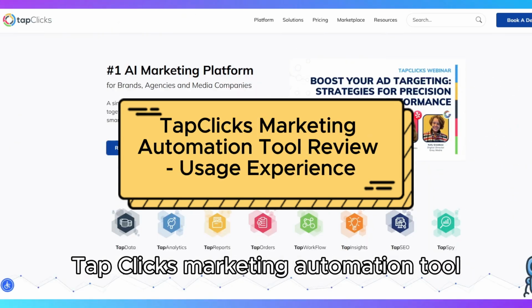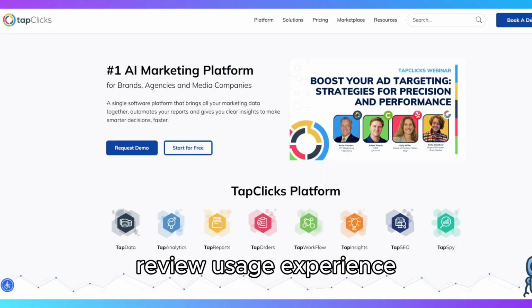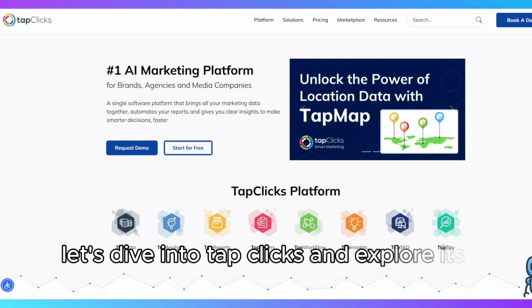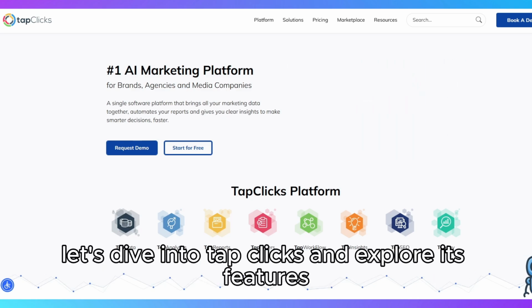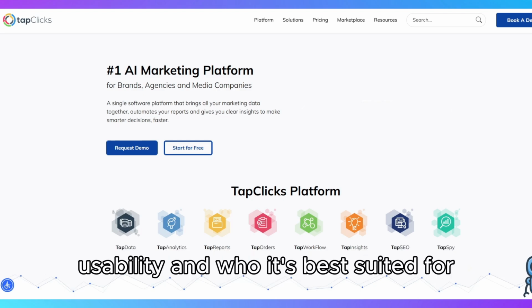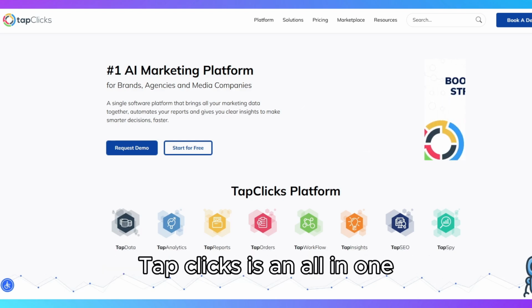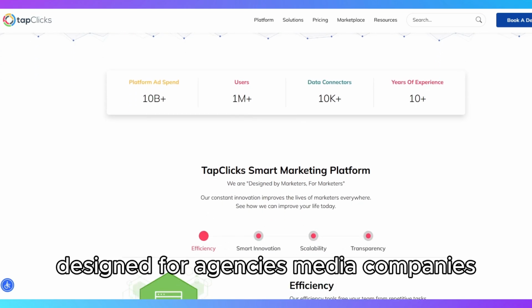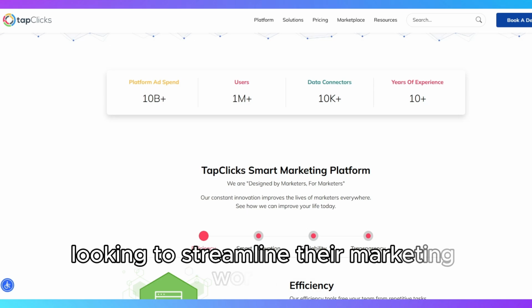TapClicks Marketing Automation Tool Review, Usage Experience. If you're considering a marketing automation tool, let's dive into TapClicks and explore its features, usability, and who it's best suited for. TapClicks is an all-in-one marketing operations platform designed for agencies, media companies, and enterprises looking to streamline their